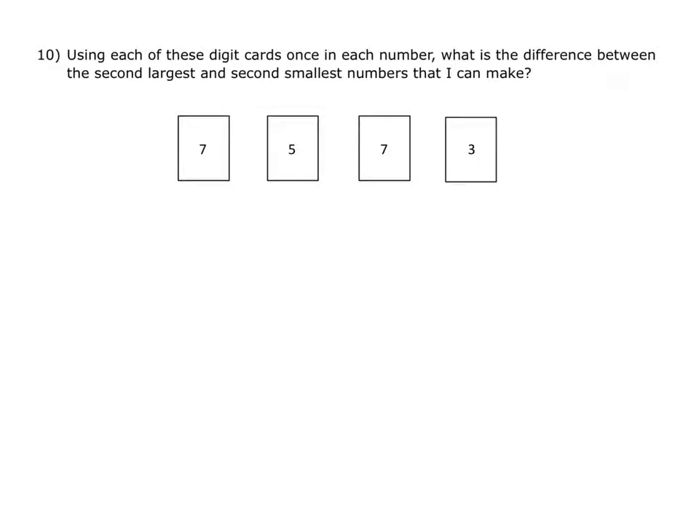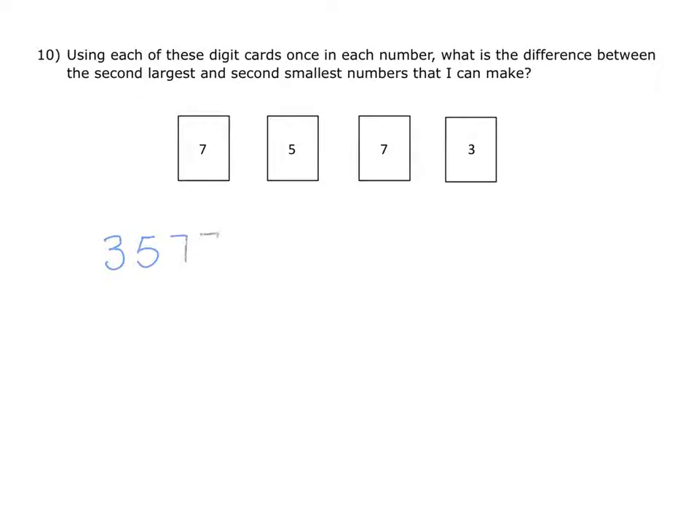Question 10. Using each of these digit cards once in each number, what is the difference between the second largest and second smallest numbers that I can make? If we start with the smallest number we could make, we would do that by putting the 3 in the thousands column, and then the next smallest number would go in the hundreds, which would be the 5, and then